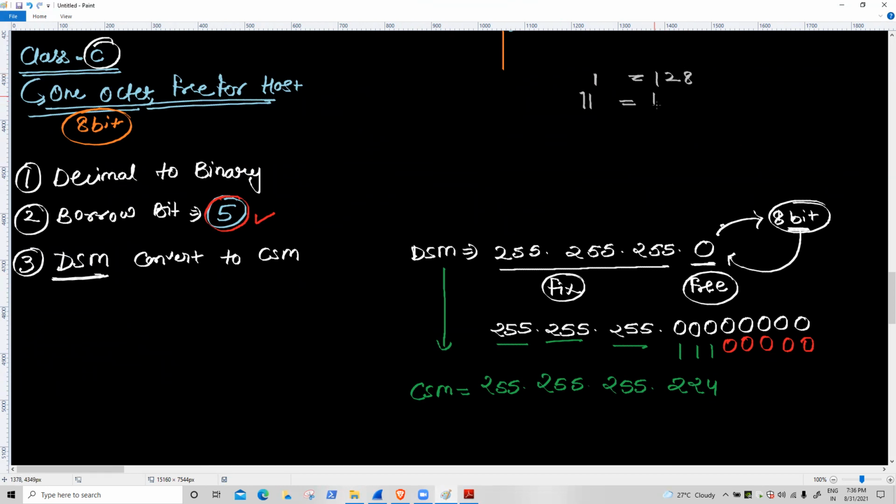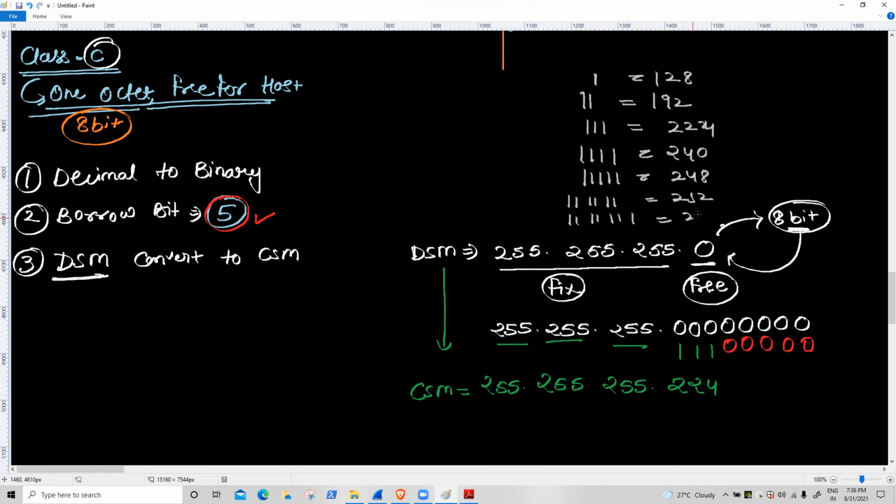If you are getting 2 values, 192. 3 values, 224. 4 values, 240. 5 values, 248. 6 values, 252. 7 values, 254. 8 values, 255. So how many values on 3 bits? For 3 bits, 224.